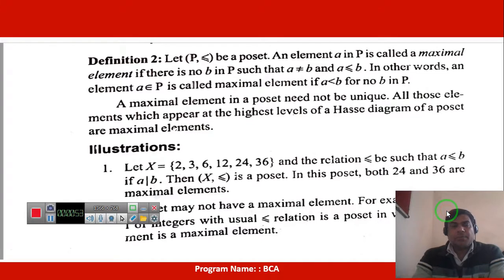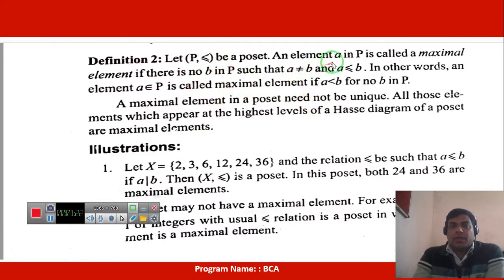As we have discussed, a partially ordered set is in short called a poset. The notation of the partially ordered set is the set and the less than or equal to sign. It is not exactly less than or equal to, it is the relation sign. Maybe smaller than, maybe greater than, maybe comparable, maybe non-comparable, maybe divisibility relation, maybe addition relation. This is the relation exactly.